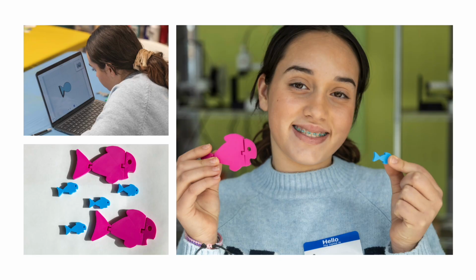During a 3D tech camp held this spring, kids drew animals in the free online web application Tinkercad. These designs were 3D printed as is. Then students added articulations to their creations. Here you can see the original online drawing, the original small fish in blue, and the final enlarged design with